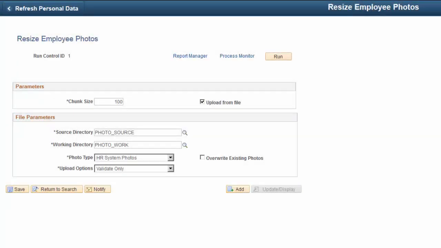The Employee Photo Resize Batch process now enables you to mass upload images into the PeopleSoft application. In addition to resizing photos that already exist in the system, you can select to indicate that the photos to be resized are to be uploaded from a file. Through this process, you can load the HR system photos maintained by the administrator as well as the photos managed